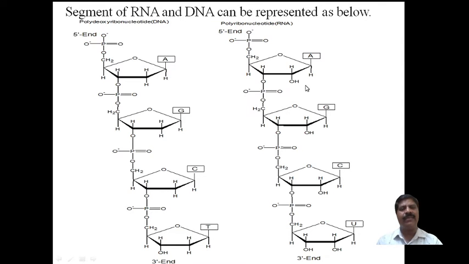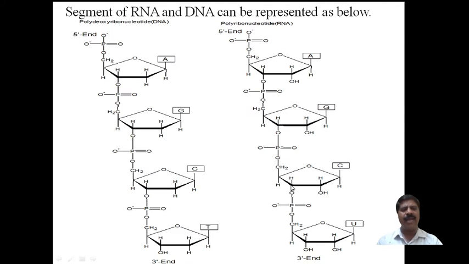Here, adenine has a hydroxy group at the 3 prime, and a hydroxy group at the 5 prime. The 5 prime one is the primary alcohol, and the 3 prime one is the secondary alcohol, and they combine. The interaction between the 3 prime and 5 prime liberates a water molecule, and an ester bond takes place. A diester bond will be formed. Similarly here again, a diester bond will be formed.